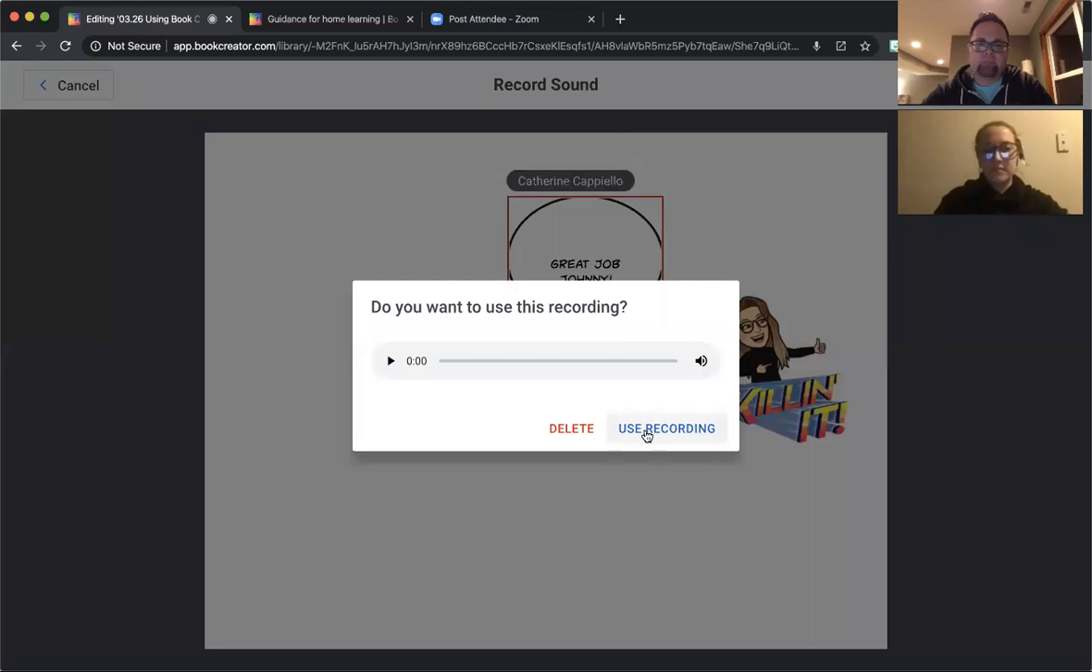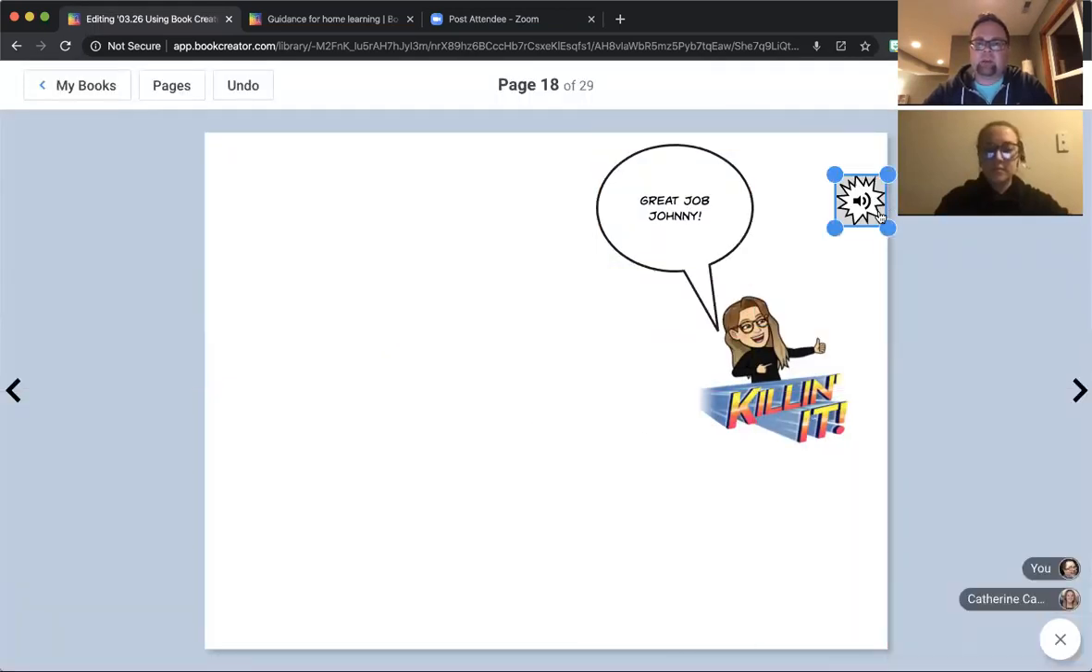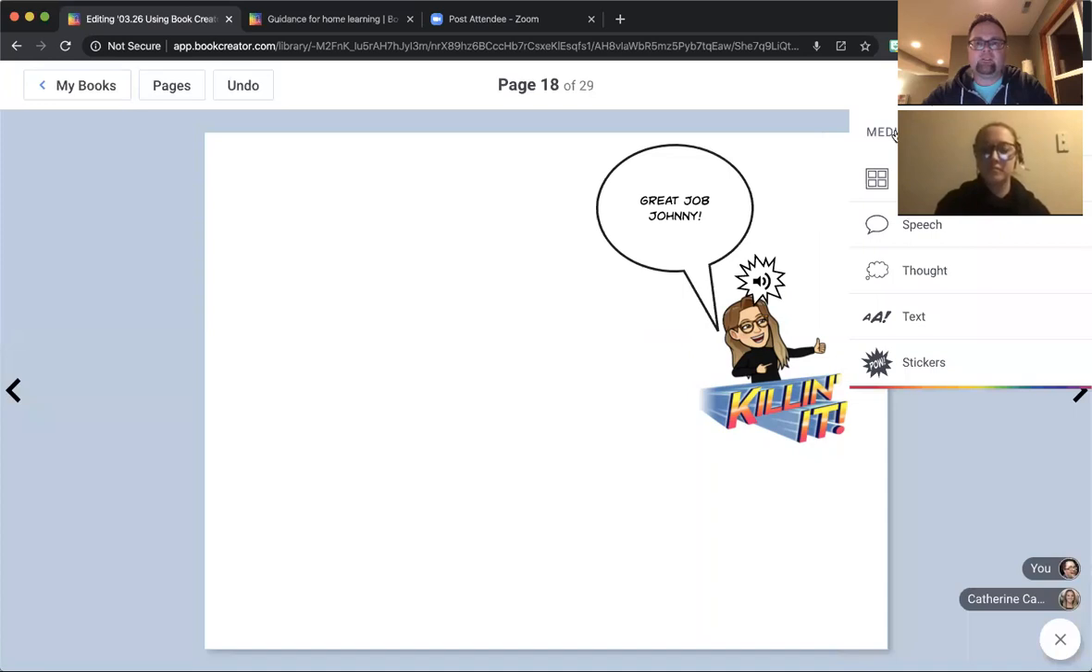So I just hit stop and use recording. And now I click the mic. There's my little audio button. All right. And so now the audio button, you cannot just slide off to the side. It does have to remain on a page. But at least this way I can just put a little button here. And now when the student gets into the book, they can click on it and listen to their feedback. So that's another way. And then another way that I've seen teachers leave feedback and communicate with students is through